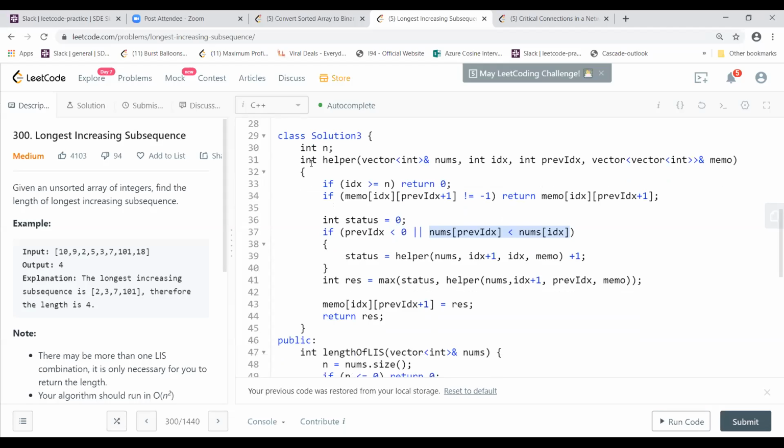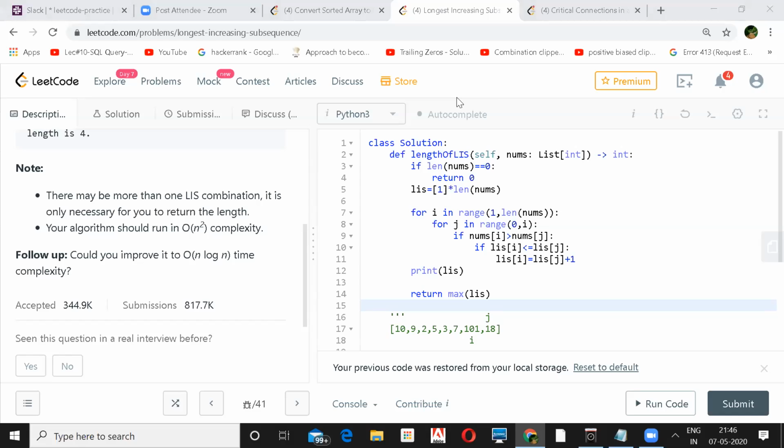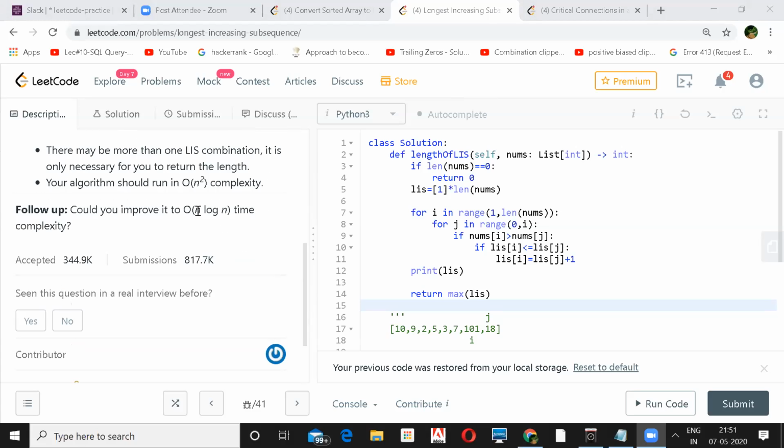And then we need to look for the follow-up version also, right? I think binary search is needed there. It says you need to use binary search, correct? And that is the bottom-up approach. He's talking about the bottom-up approach. You need to use binary search to find that value. So we'll have to sort it first of all.